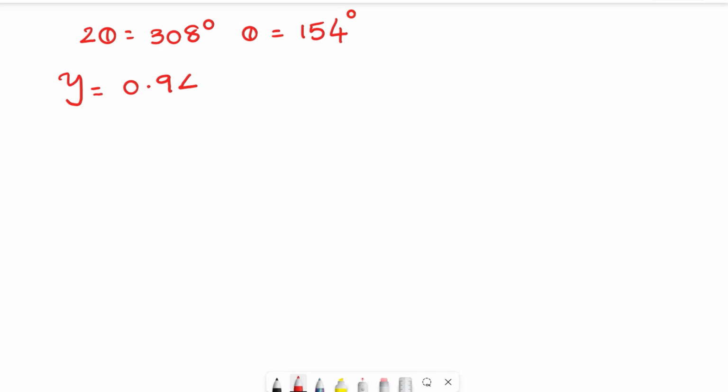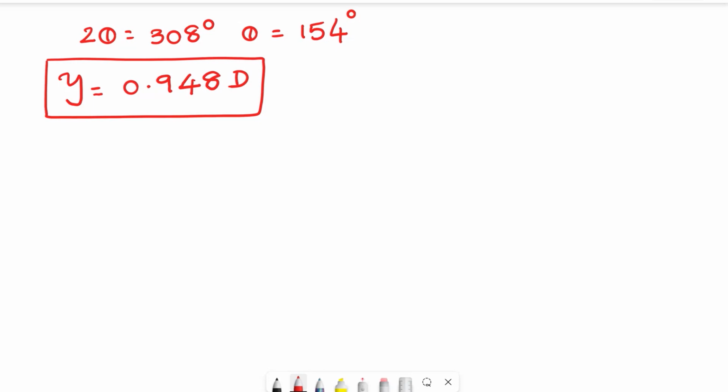Therefore, we have derived the condition that 2 theta is equal to 308 degrees. That is, theta is equal to 154 degrees. That is what we have discussed. So in that case, we have derived also for y, and y we have kept it as